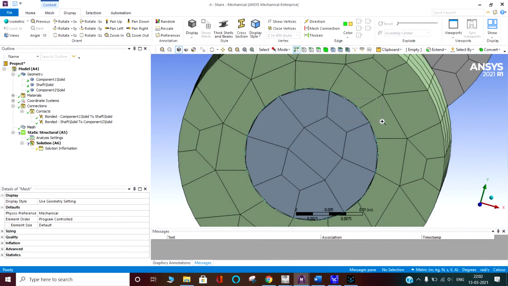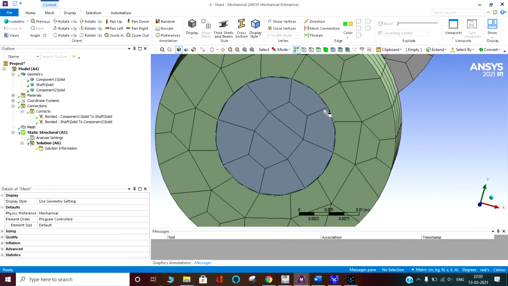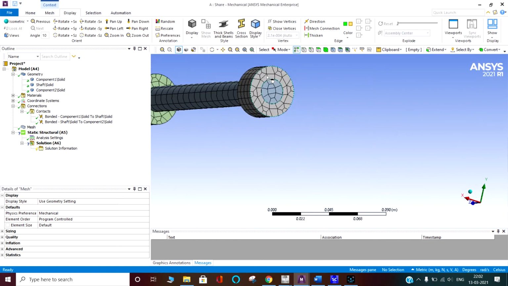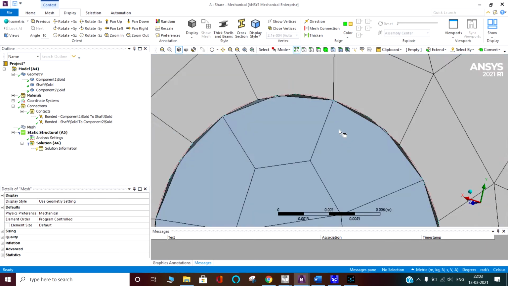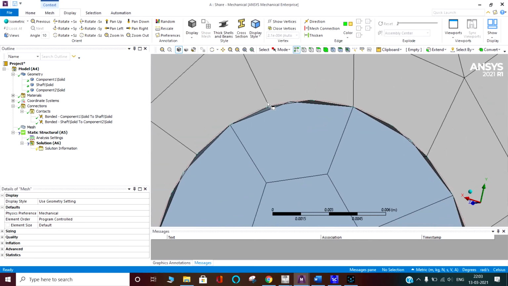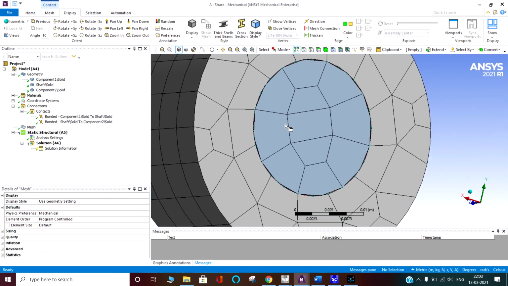And when these are occurring like this, even if you change the element size smaller, these nodes are not common on both the surfaces here, even on both the sides. Here you can see here also. Okay, here it is trying to share, but not here, not here, not anywhere. It is just at some places.